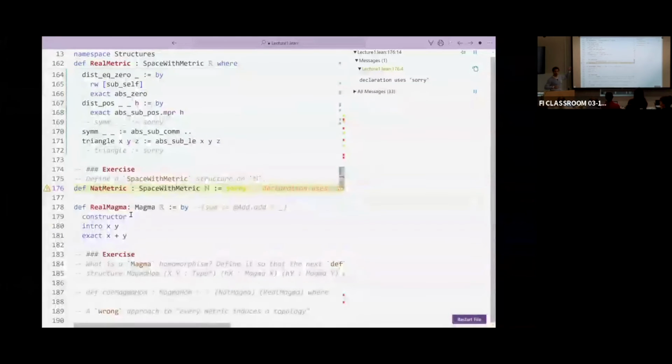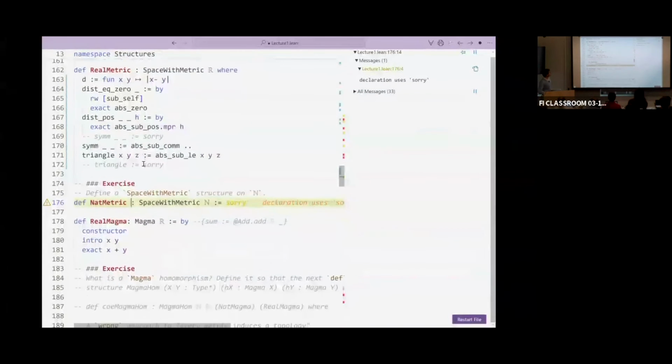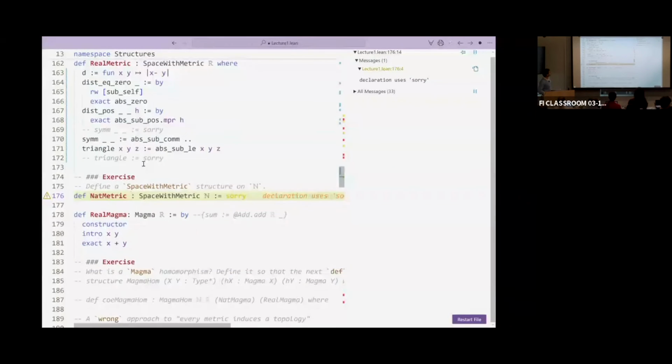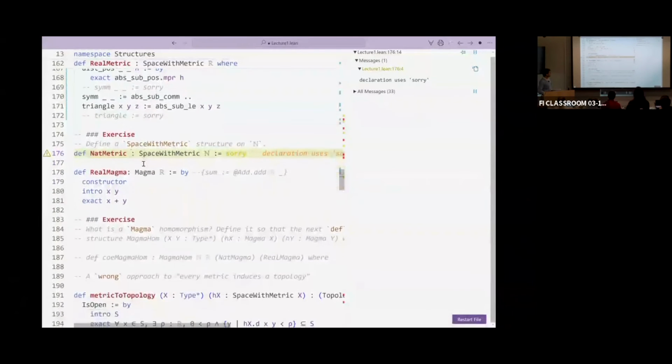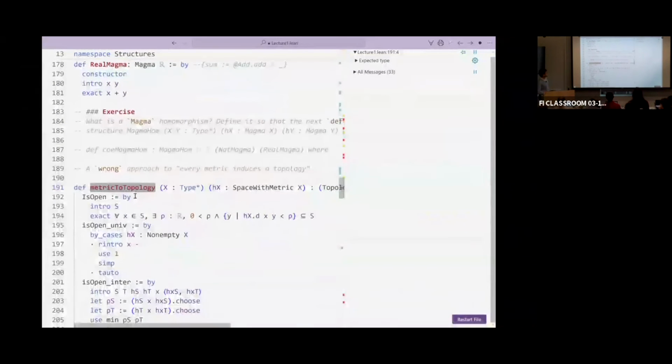Okay, and so now what I would like to do is at least convince you that this is the wrong approach. In which sense is it the wrong approach? I haven't done anything mathematically so far, so it seems hard that I can have done something wrong. But the point is that once you have a metric, the natural reflex is to try to define a topology out of your metric, and to say, oh, each time I have a metric space, I can try to define a topology out of it.